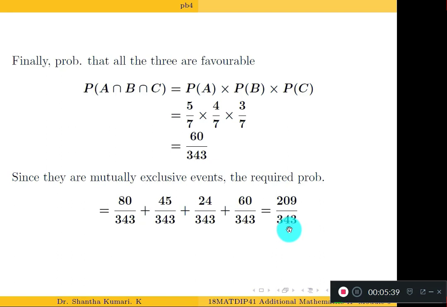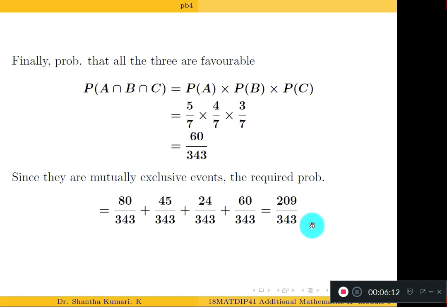The problem is that when you write in decimals, you are neglecting some of the decimal places in each term. So in the final answer, there may be some difference. In that case, it is better to write the answer in p by q form and then add. Otherwise, at least take 4 or 5 decimal places from your calculator. Don't just round the values to 1 or 2 decimal places. Remember, 4 or 5 decimal places are important to get a more accurate answer.